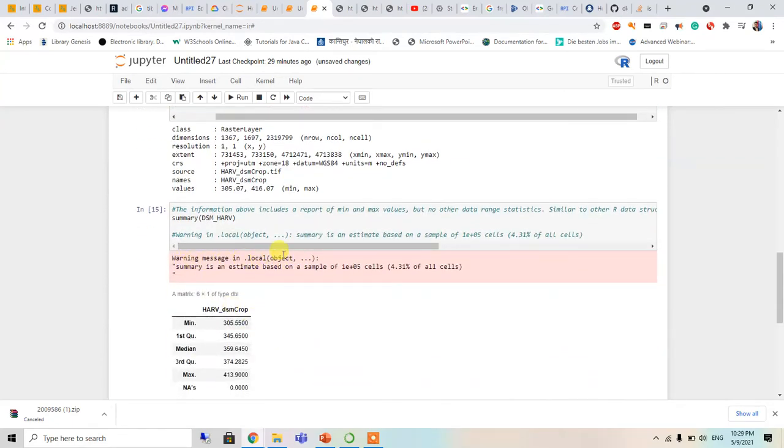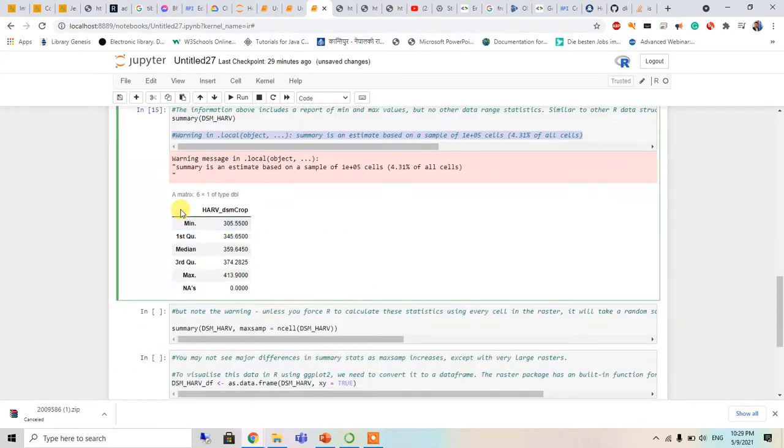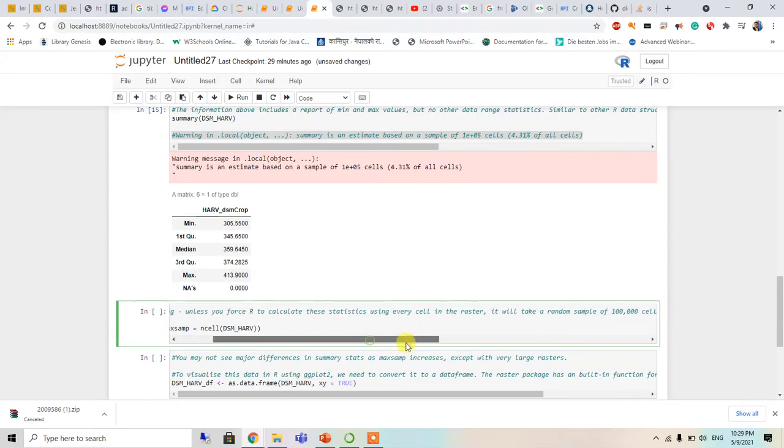The warning message says the summary is an estimate based on a sample of 4.1331 percent of all cells. So only some of the cells are used. It's just a warning message. The mean, first quartile, median, third quartile, and max are shown, but